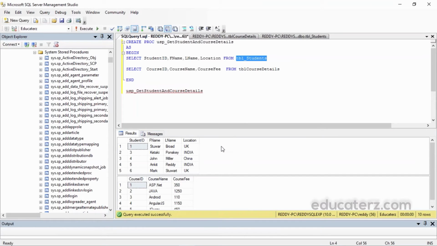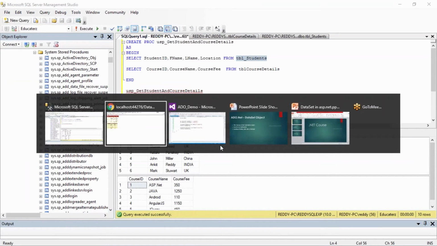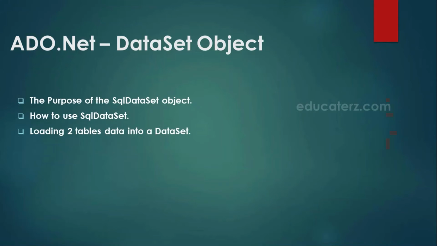This is how we can manipulate the dataset, because a dataset can hold more than two tables. That's what we have written here. We have seen that the purpose of the dataset object is to avoid direct communication with the database for small related things, like we have done now with the two tables' data in a dataset. It's just like an example you can take.